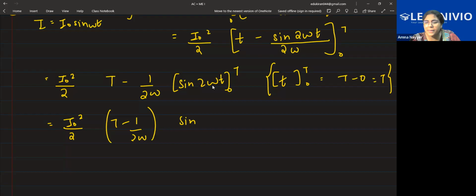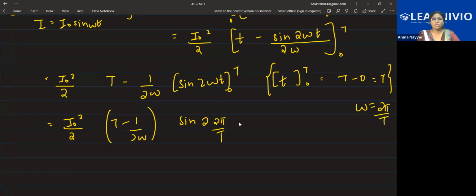Omega and time period. 2 pi something it was. Yeah, very good, Zara. It is 2 pi by T. Omega is equal to 2 pi by T. So if we already have this relation, why get stuck with this omega here? Let's put it. Omega will be 2 pi by capital T. Now we can put the value.